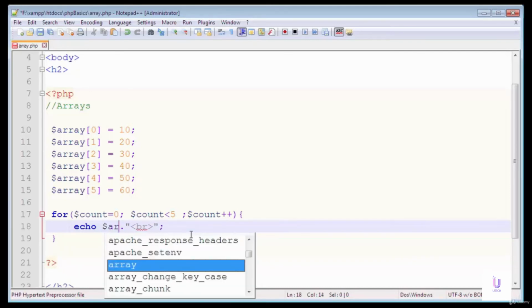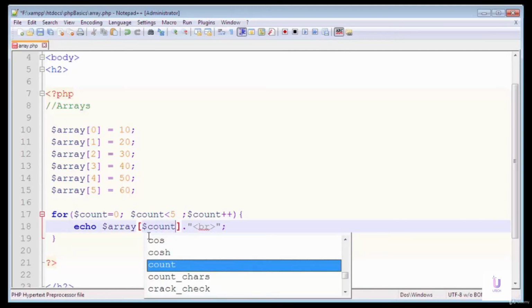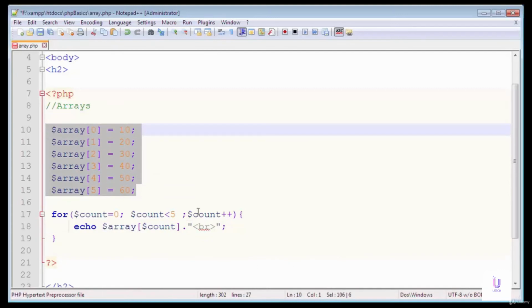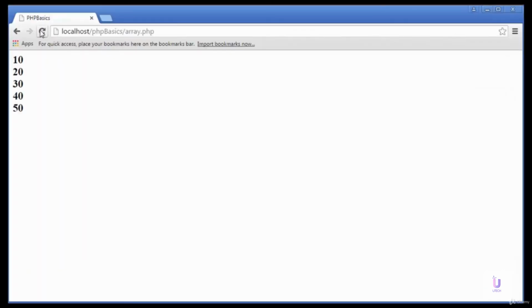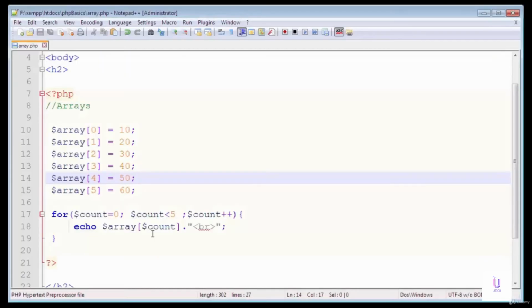I'll write array, and inside the index I'll write the name of this variable, that is count. We start from 0 and go till 5. You will see that all the values contained in this array will be displayed on the web page. Now I'm gonna save this file and open it in the web browser. Here you will see that all the values inside the array are displayed.